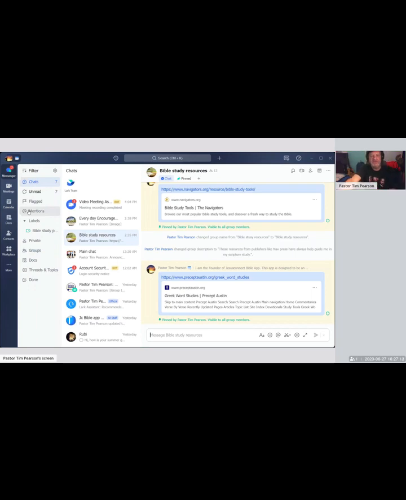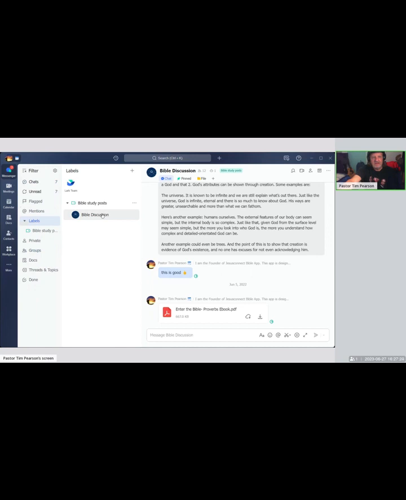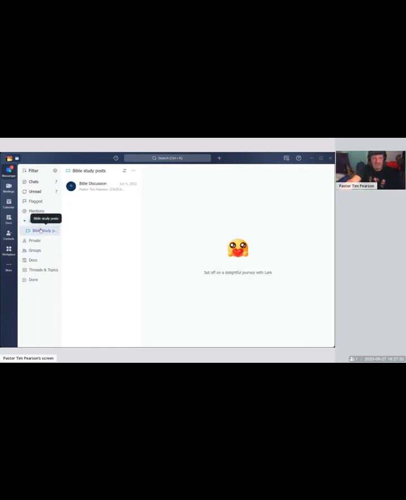Mentions, is anybody in the group that mentions you will be notified. Labels are kind of cool. That label could be a discussion that you're having, whatever, and they're stored in a file category, so they're easy to come back to. So you got your labels.